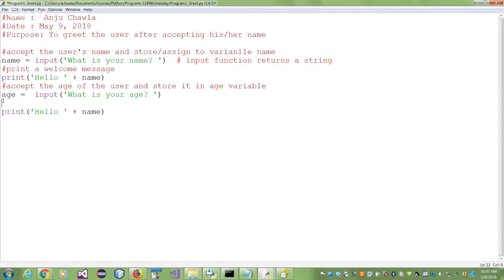And notice how I'm writing everything from line number 1, from column number 1. It's very untidy, but I'll tell you the reason. Indentation is important in Python. Indentation has a use in Python. There is a rule of how to use indentation in Python. So we have to be careful.